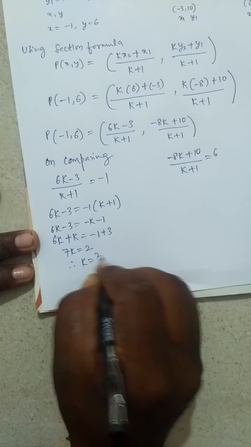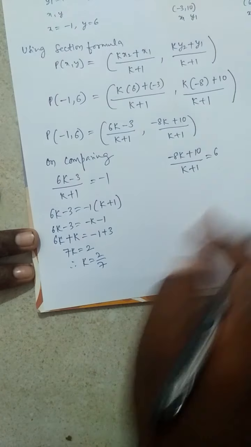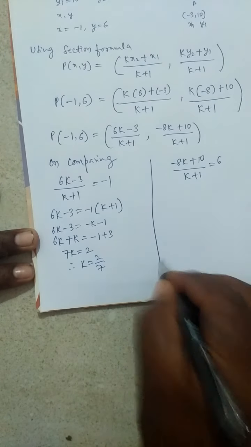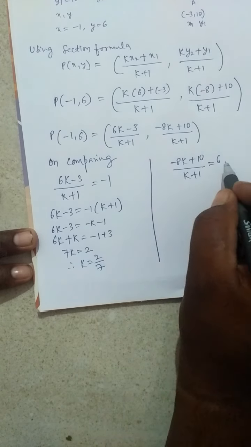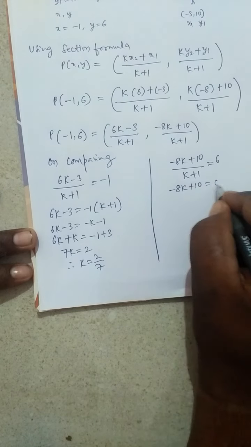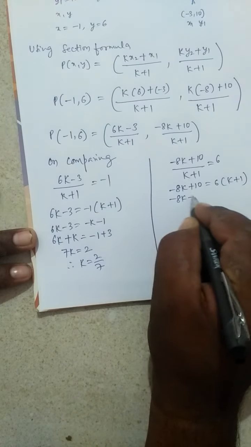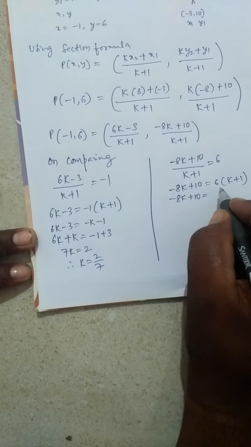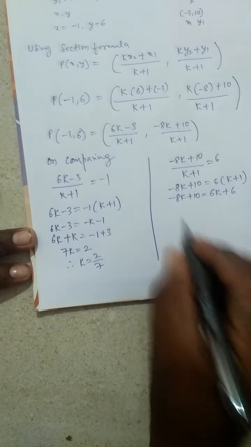Therefore k is equal to 2 by 7. Here either you have to consider this part or this part. The result will come the same. Here if you simplify this, by cross multiplication, this k plus 1 you have to multiply with 6. So minus 8k plus 10 is equal to 6 into k plus 1. Next, minus 8k plus 10 is equal to 6 into k, 6k, plus 6 into 1, that is 6,